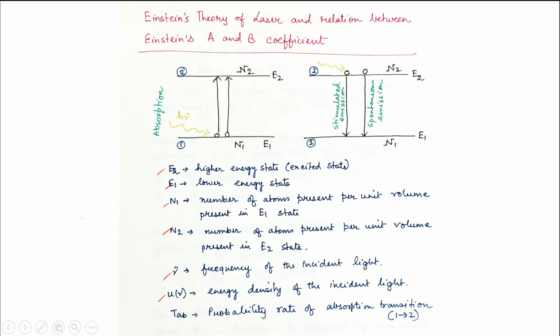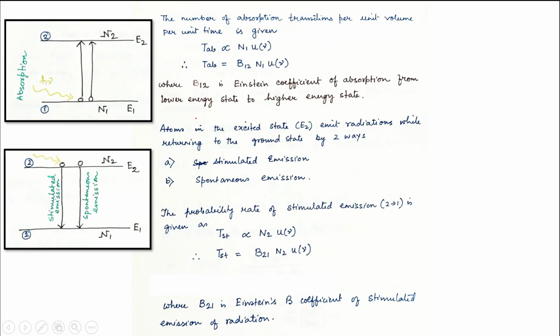Now, when we shine light on these atoms, the atoms which are in the lower energy state will absorb this energy and move to the excited state, that is the E2 state. This process is known as absorption. Now, what is the probability of this absorption? That is, what is the number of absorption transitions taking place per unit volume per unit time? So, this probability rate we have taken as